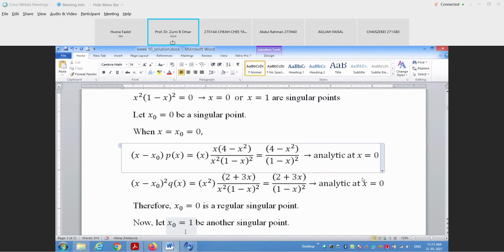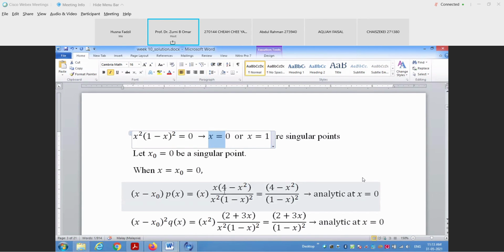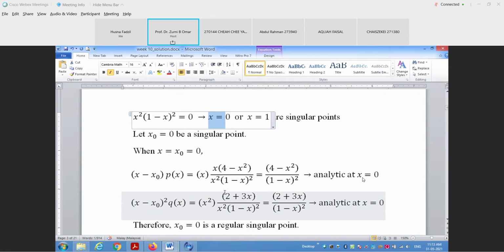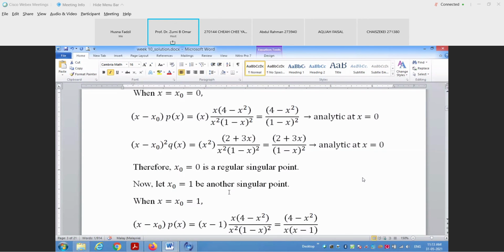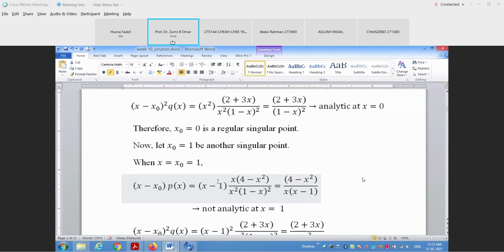Now let's consider x naught equal to 1, because we have found two singular points. When x naught is 0, we can conclude that this singular point is regular singular. For x equal to 1, we construct the same thing, except